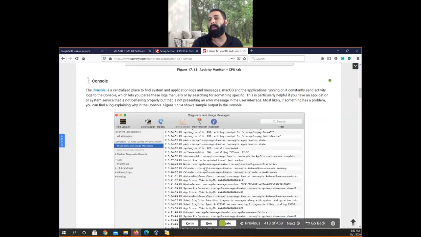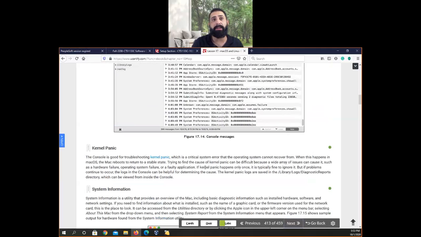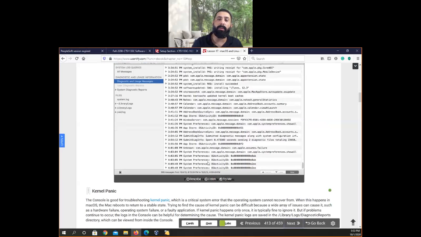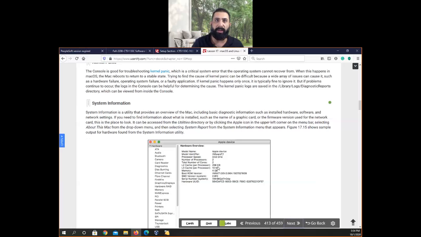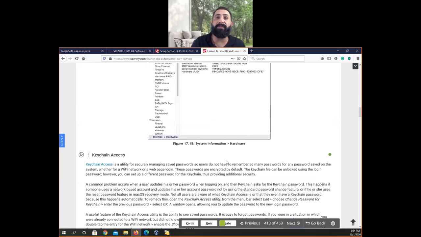Console is where all the logs of the system will be stored. Kernel panic is the top troubleshooting error that you will see, and technically you will get a kernel panic and freeze and need to restart, and you will have a lot of errors and you will hit yourself and decide to throw it in the garbage, but afterward it will start working. So kernel panic is the top error, you need to come see what's going on to know what error is showing up to fix it. System Information, you will have all the information about your device.